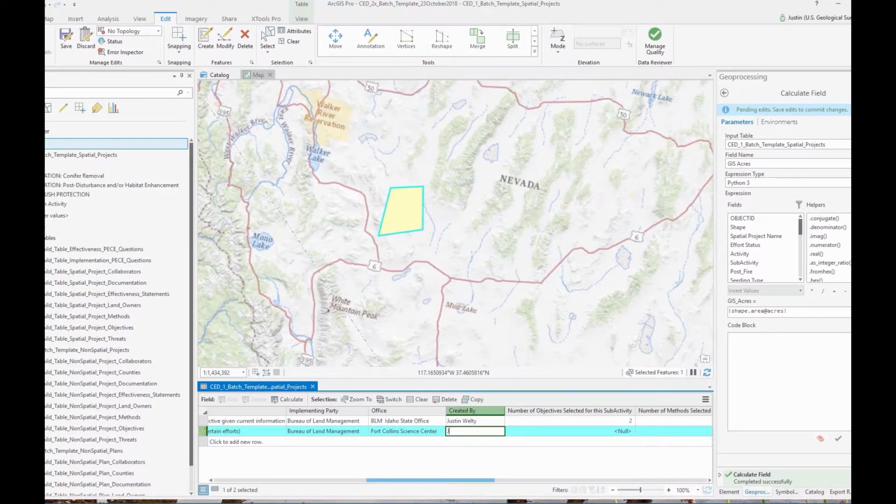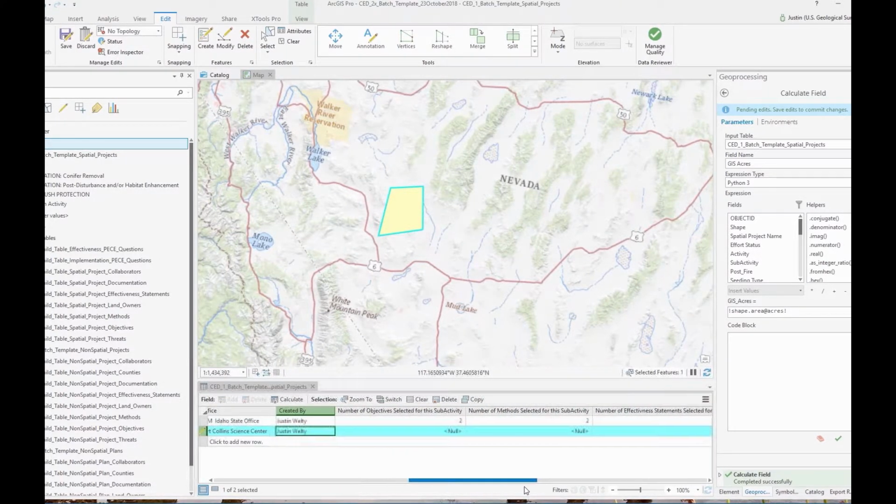Who created it? And here are the critical fields for these child tables that I was talking about. We want to know how many objectives you're going to select for this particular effort. How many methods are you going to select? How many effectiveness statements are you going to select? For definitions on all these fields, we encourage you to consult both the user guide as well as the CED